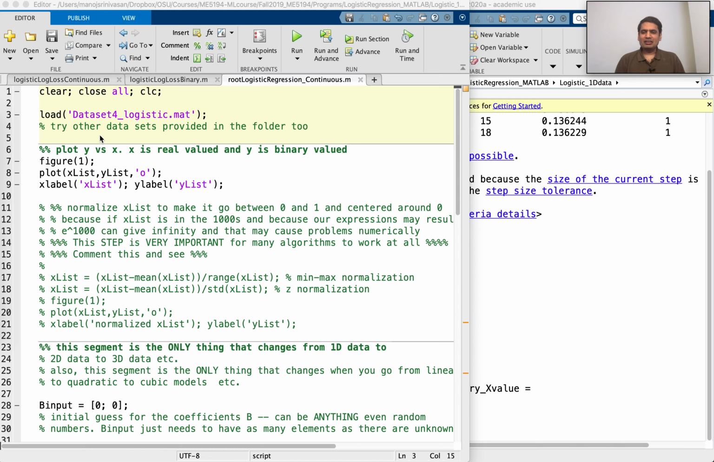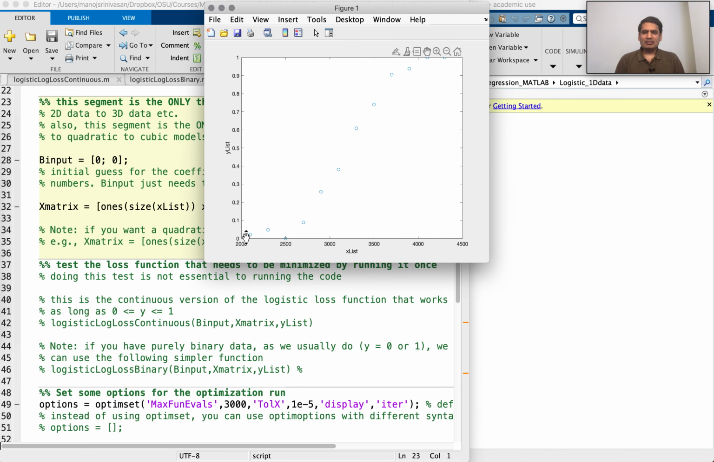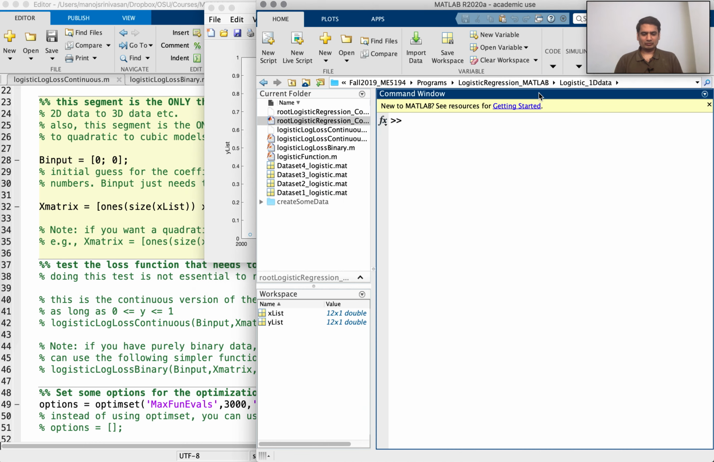Okay, let's look at dataset number 4. Let's plot this first. And we immediately notice that this dataset has not only values that are equal to 1 and equal to 0, but also values in between 0 and 1. So if you look at Y-list, looks like there's one value that's equal to 0, a couple of values equal to 1, and we can say Y-list